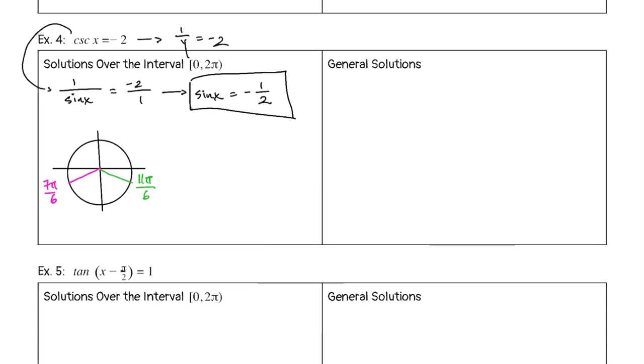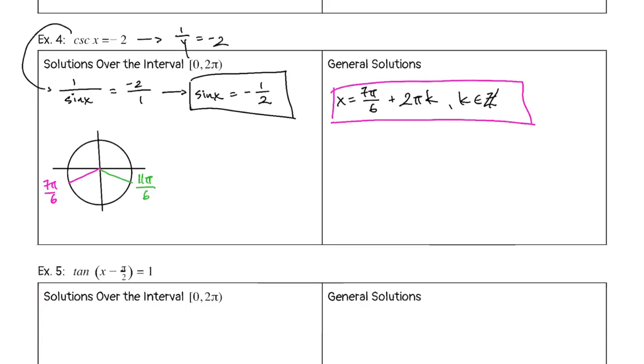So because they're not exactly halfway around, when we write our general solutions, we have to write the first one plus rotations around the unit circle. Okay, so this one would correspond to the general solutions for the pink angle. And then this one, 11 pi over 6 plus 2 pi k, where k is an element of the integers,